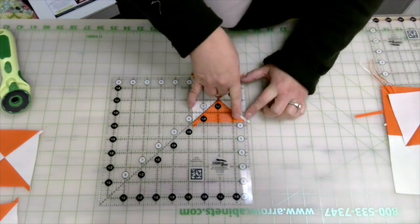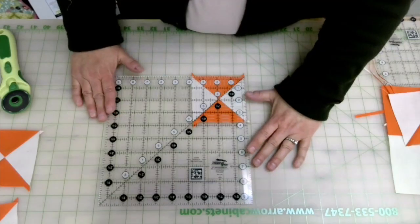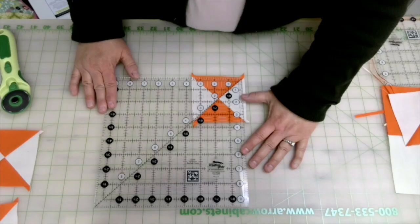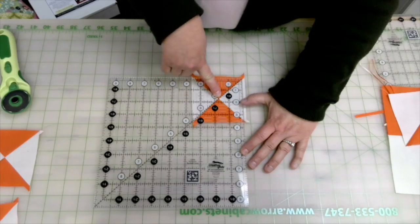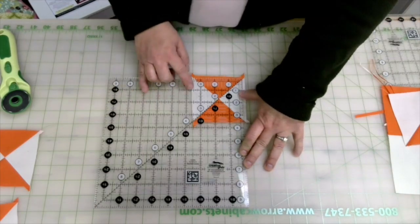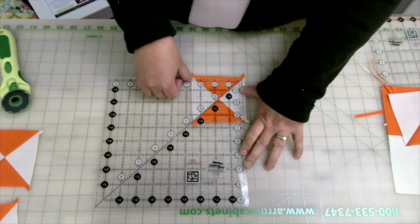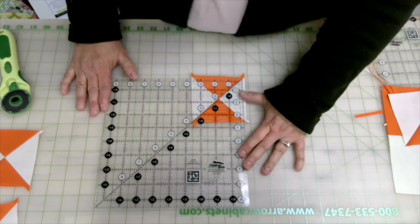It's enough that I could probably make it work, but what I'm going to choose to do instead is go to 3 1/2 inches. So half of 3 1/2 would be 1 3/4. So I move the 1 3/4 diagonal mark to the center of the seams. And then I'm going to look around at the 3 1/2 and the corners of the 3 1/2 to make sure that my seams go into the corners. This one is kind of off and this one is kind of off, so I'm just going to try adjusting it a little bit,